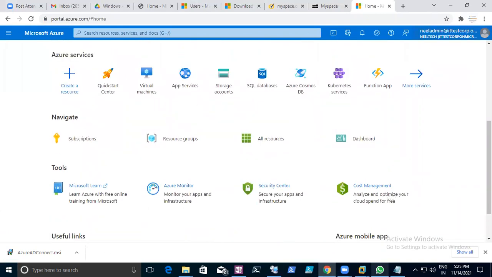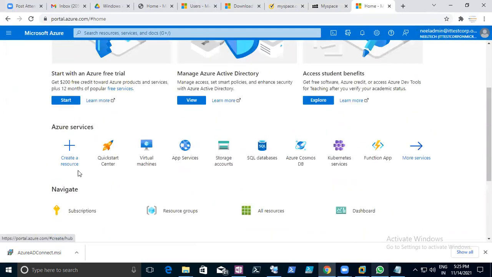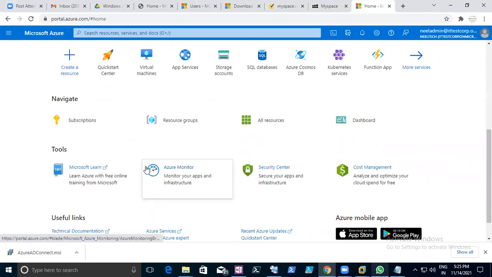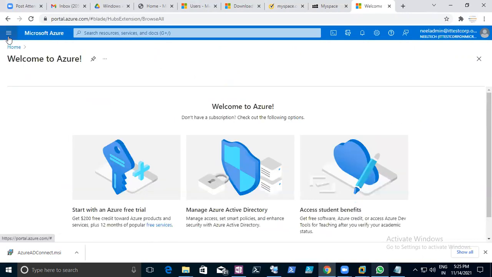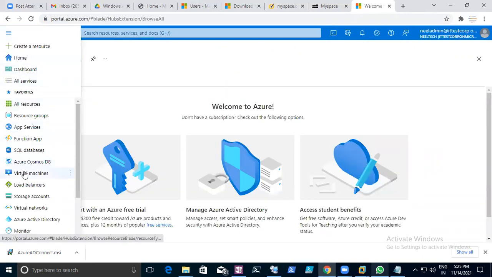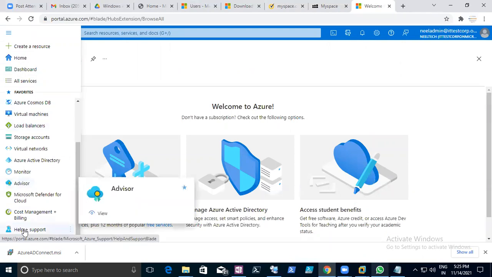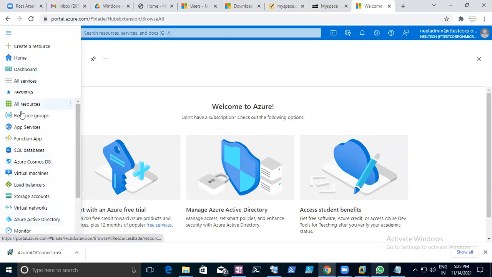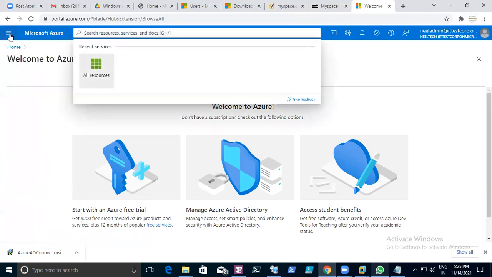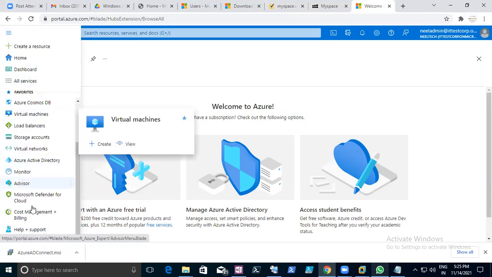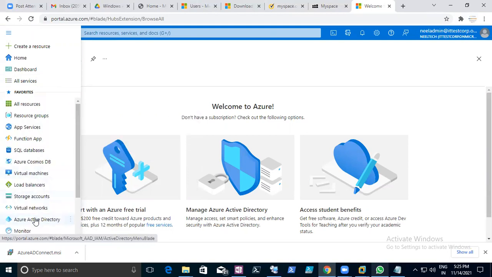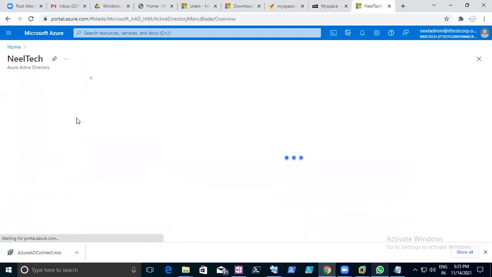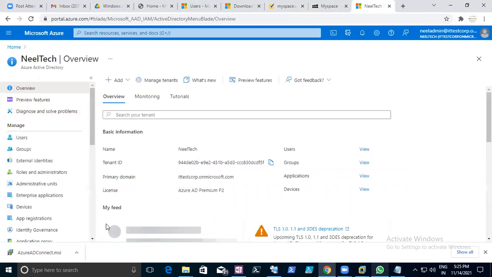Now it's changed to your neil.admin ittestcorp.com. Now if you go to all resources, you can see users. Where is that? Azure Active Directory.